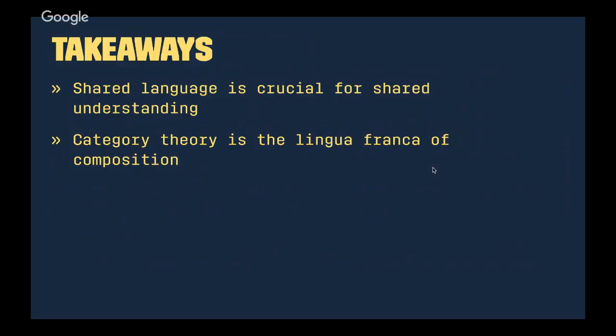And like it or not, mathematicians got to composition long before programmers did, and category theory is the lingua franca of composition. So it really is worth your time to learn these terms. I know they are formidable. I know they're not what we would write if we started from scratch today. They were made up by academics a long time ago. But as daunting as the language is, they're actually relatively straightforward concepts that really are quite useful and are honestly ubiquitous. Once you know what shape you're looking for, you see it all over the place. And understanding the structure of that shape really helps you frame the problem appropriately in your head.